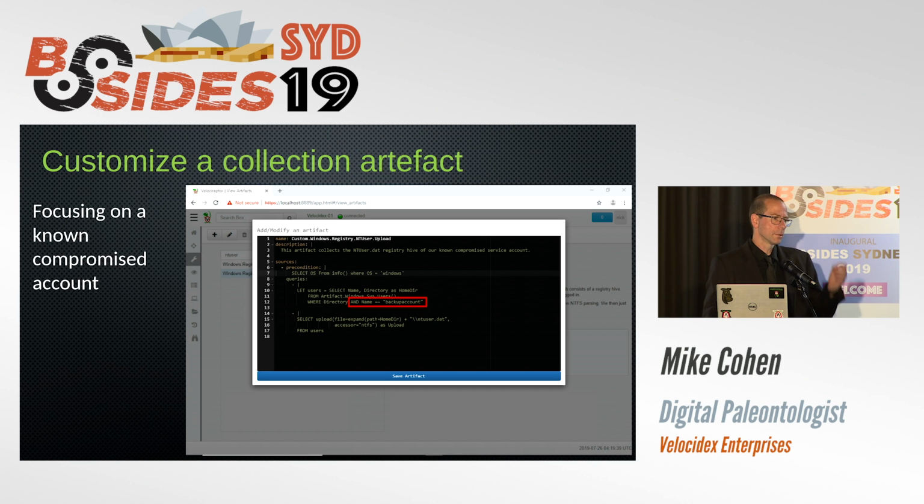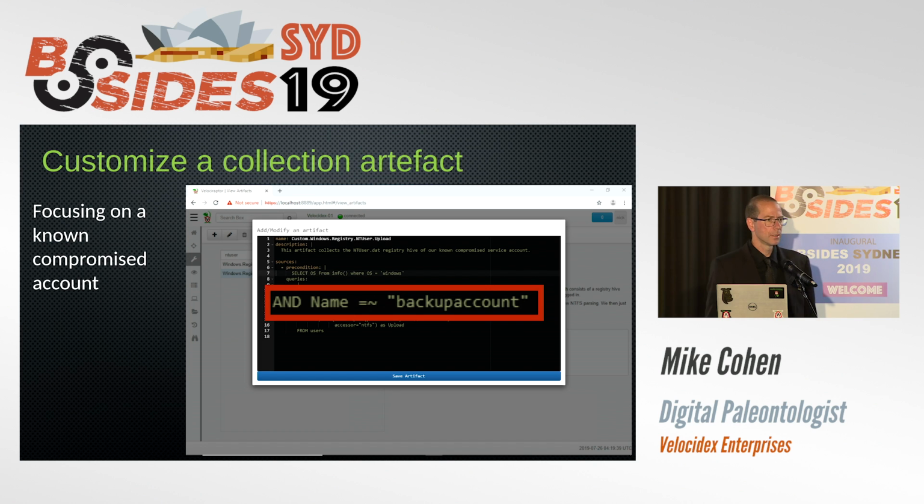You might want to be more specific, more surgical, about getting the ntuser.dat of just a compromised account. So what you would do is take that upload artifact, customize it, and add a simple condition where the name matches